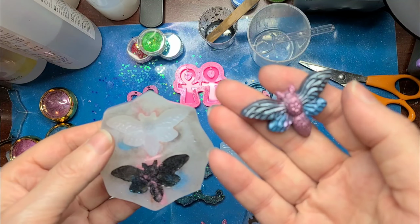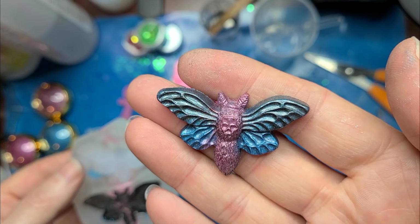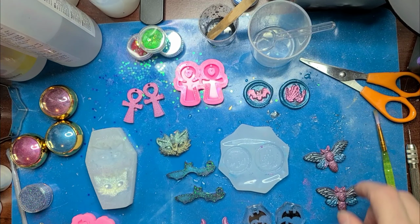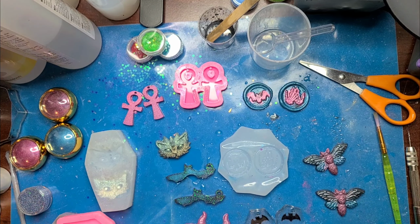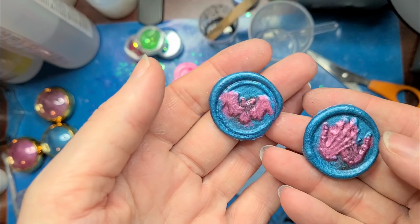And then we have death head moths. Little matching set. Okay, so there's our bonus unmolding. Unmolding is just so satisfying. But back to these. This was the original purpose with the